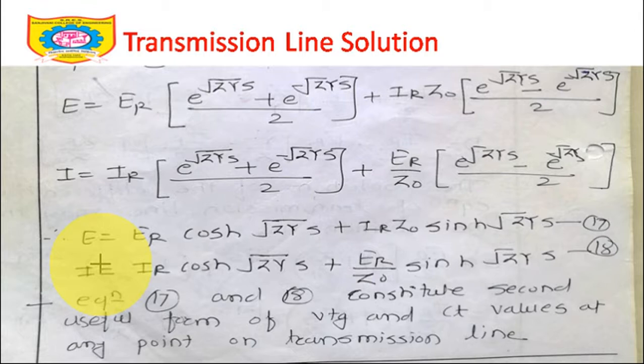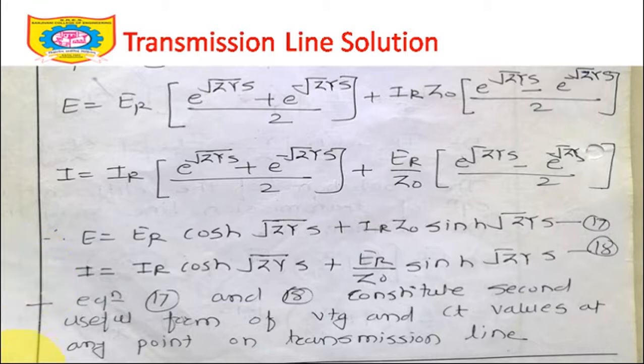My recommendation to you: try to solve this derivation once, try to apply those mathematical expressions. It is not at all a difficult task. It's not rocket science. Simple mathematical expressions which you already studied in M1, M2, M3, we have applied here and just came to certain equations which are nothing but the physical solution or final solution of the transmission line.